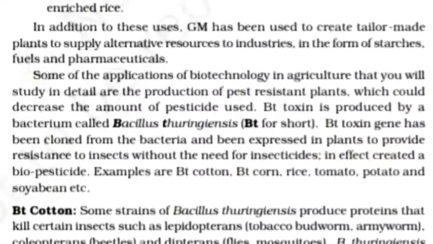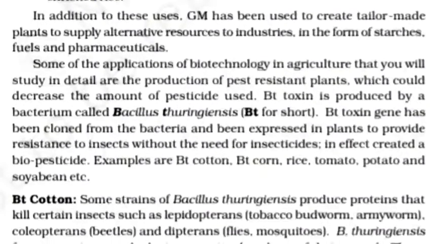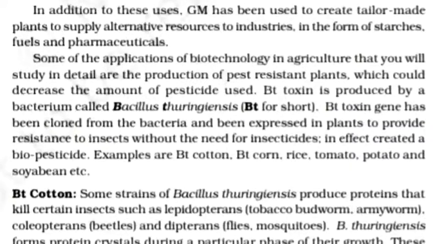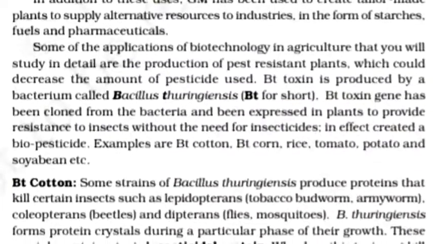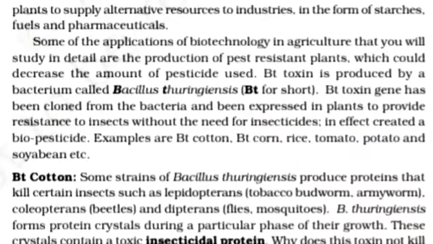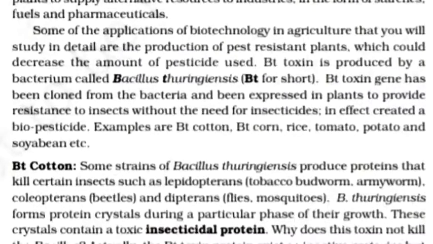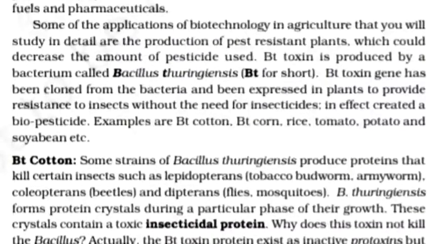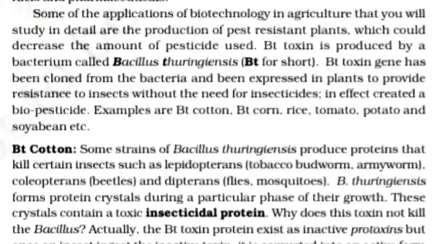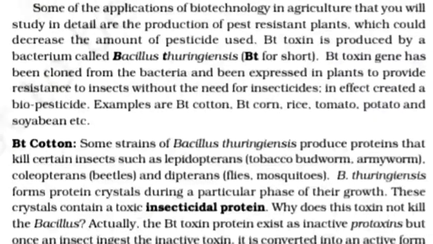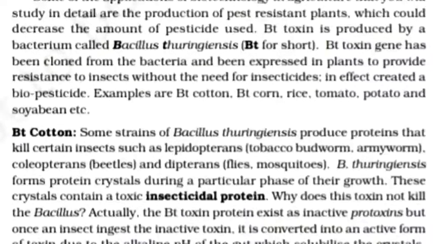Bt cotton. Some strains of Bacillus thuringiensis produce proteins that kill certain insects such as lepidopterans, tobacco budworm, armyworm; coleopterans, beetles; and dipterans, flies, mosquitoes. B. thuringiensis forms protein crystals during a particular phase of their growth. This crystal contains a toxin,